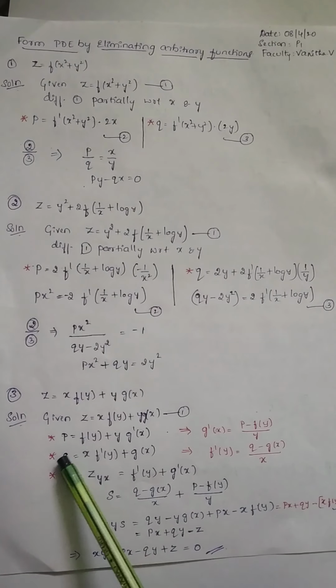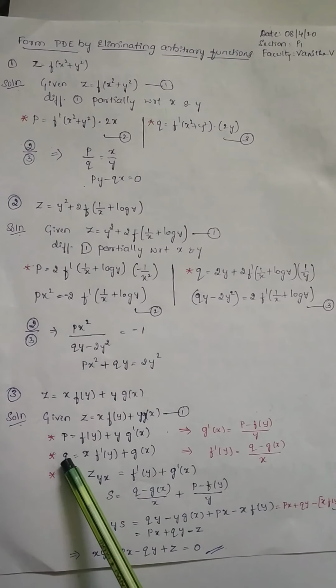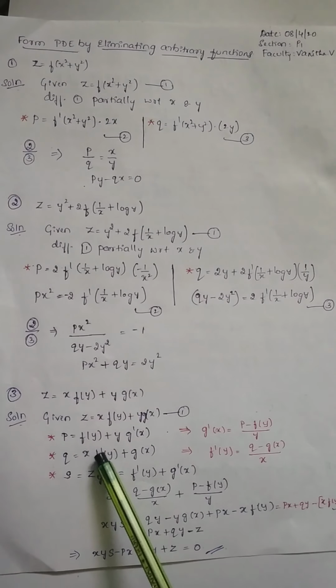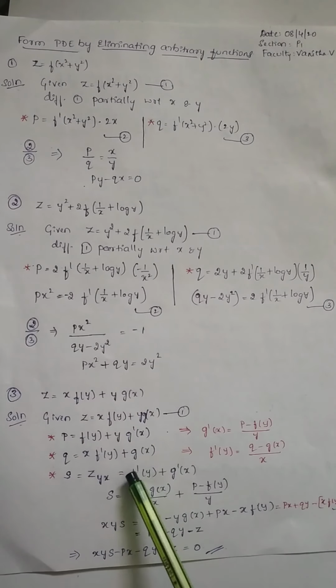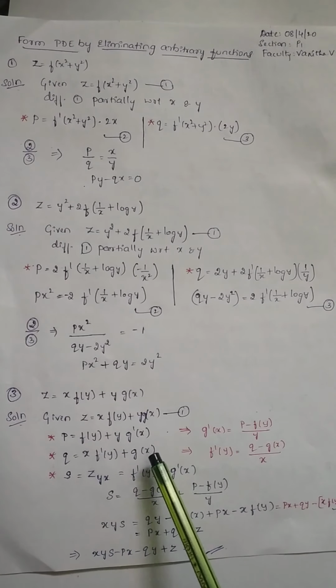Okay, next line you are considering partial differentiation of 1 with respect to y, treating x as constant, and now left hand side is del z by del y, nothing but q, and in the RHS x will be constant as it is. Differentiation of f of y with respect to y is f dash of y plus y g of x constant as it is. Differentiation of y with respect to y is 1.